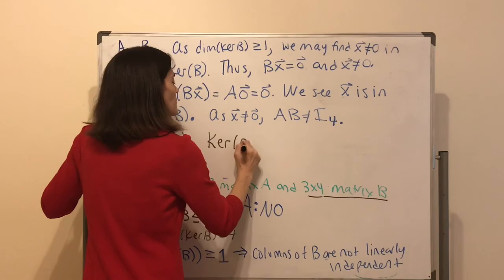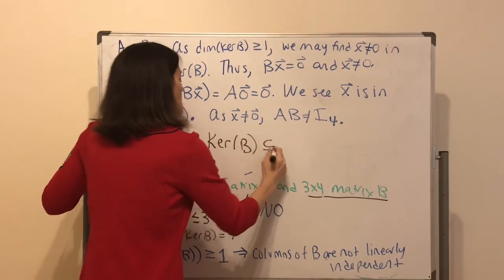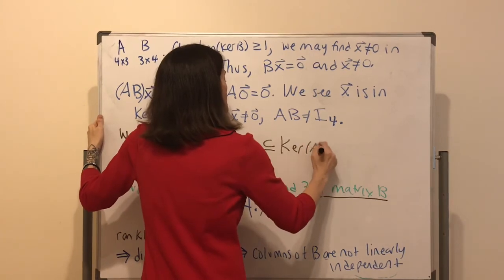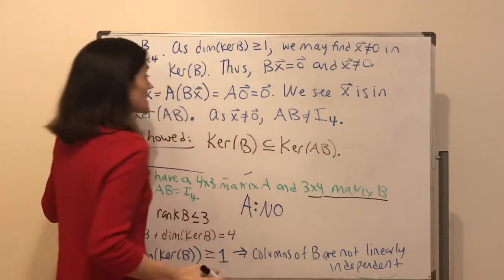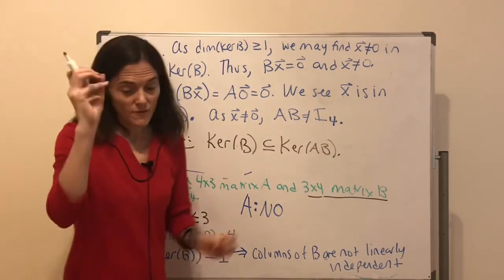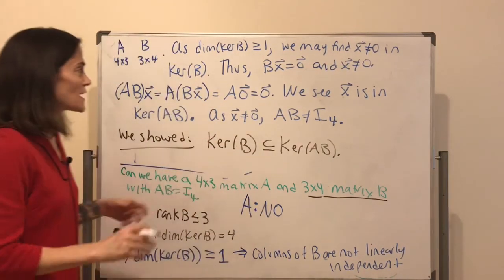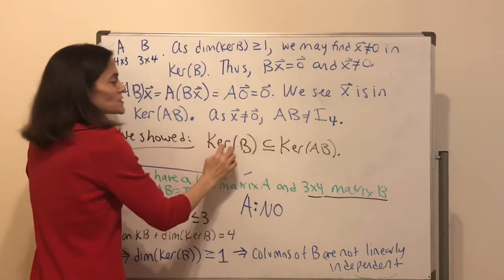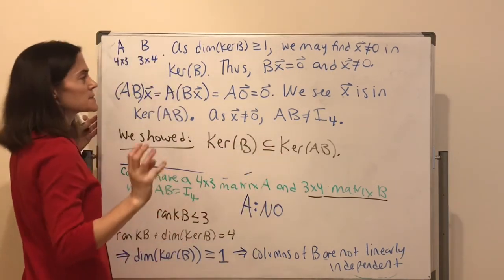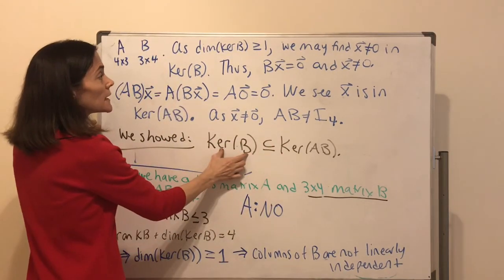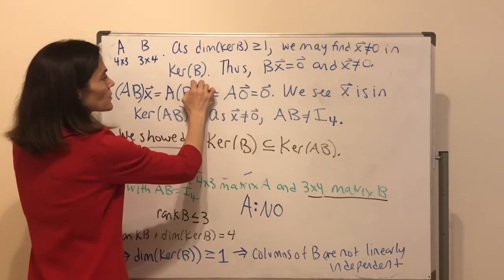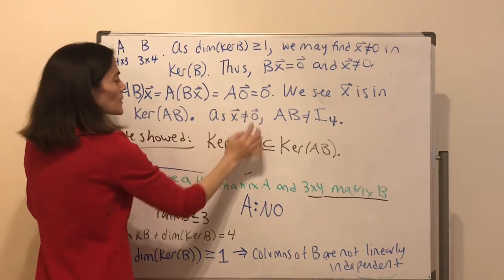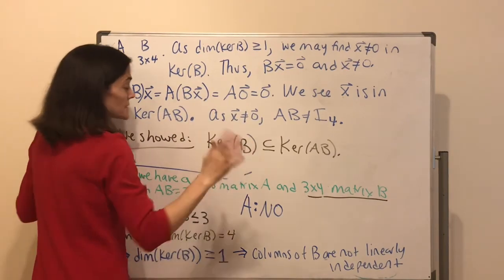The kernel of B is a subset of the kernel of A times B. This has nothing to do with them being 3 by 4 or 4 by 3. This is very general. If you know something about this, you know how do you show one set as a subset of the other, where you take an element in here, right? x is in kernel of B, and then you show it is in here. And that argument worked in general. So just as a comment,